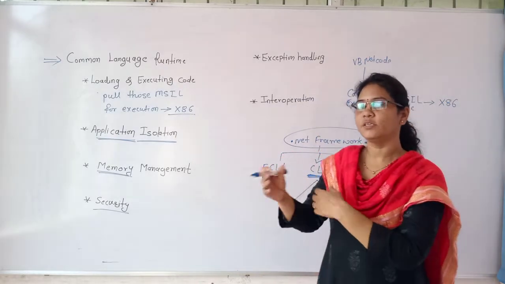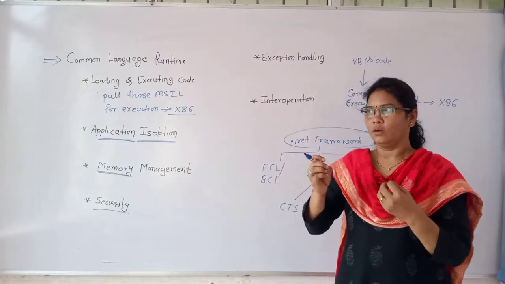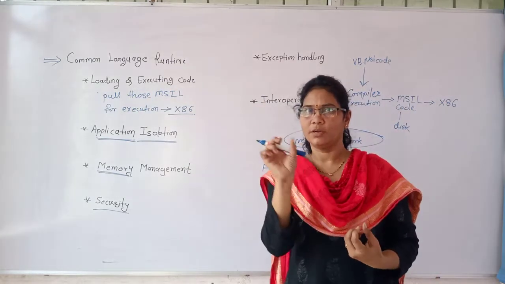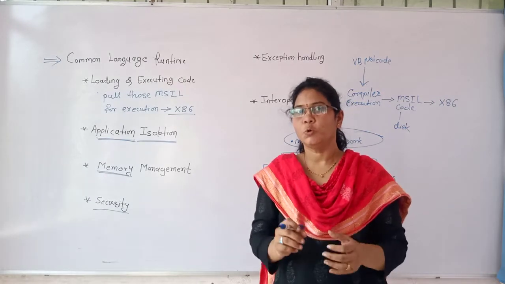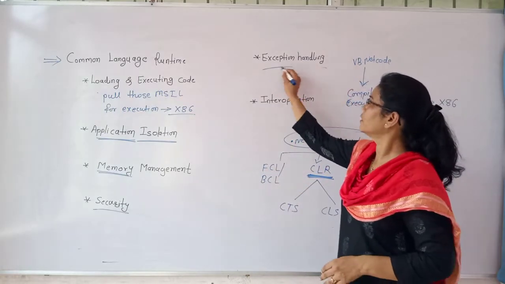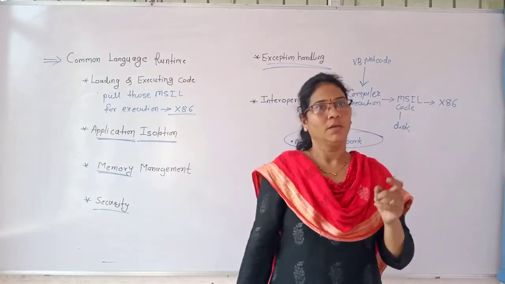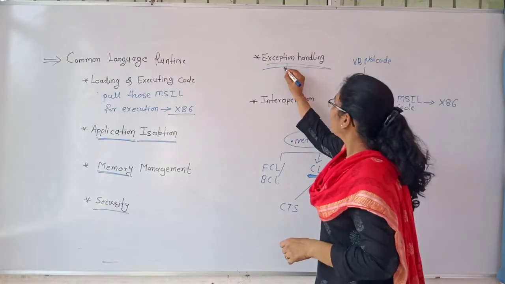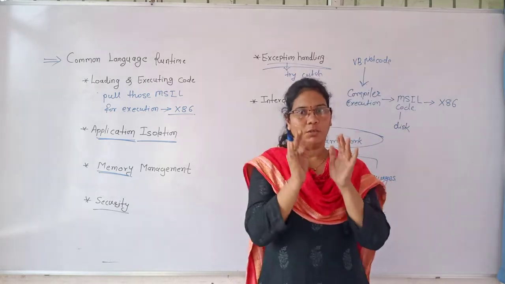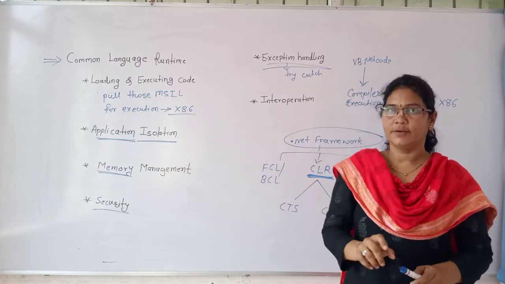While the user can enter some data, we recognize that errors can occur in a particular thing or in particular data. So those errors we can handle at design time by using exception handling. It is one of the best features provided by the common language runtime. That should be done by using the try catch block. That means it provides the code for handling the exception which may occur at design time.